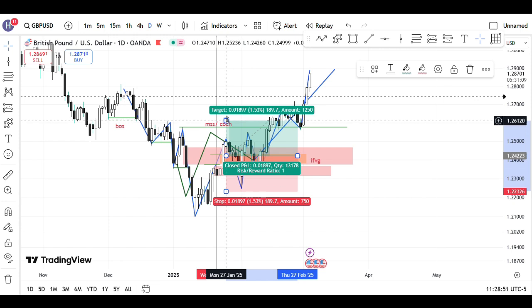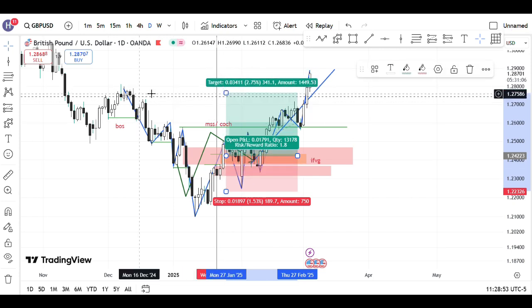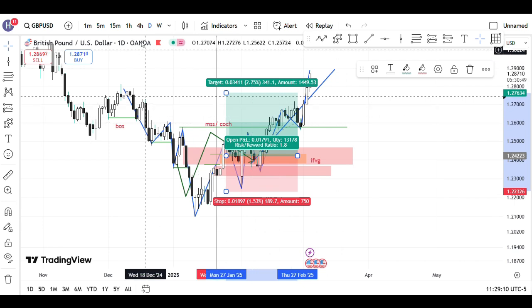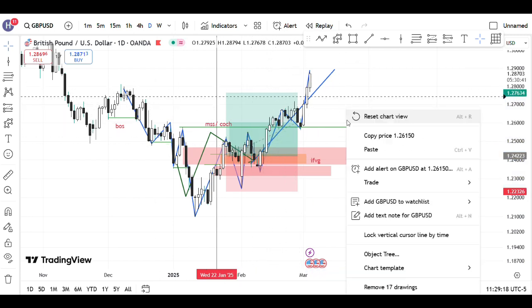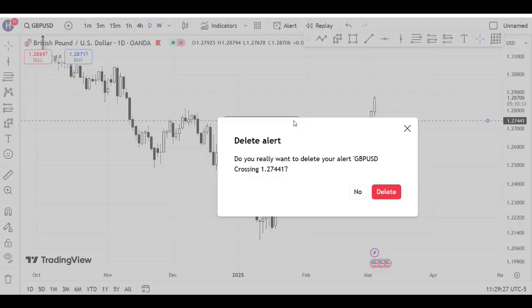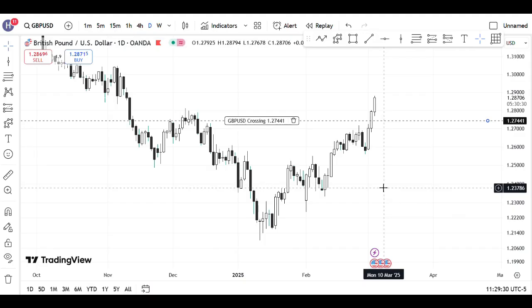But see, now you can keep here till here. See, 1.1 to 1.8 with a big profit. See the difference. 1.2 to 1.27, 5,000 pips. But in real trading, we are not going to trade on the daily timeframe. We need to go to a lower time frame, 1 hour, for the entry level. Right? So there are so many techniques that you need to practice before making an entry. So this is just a slight touching of